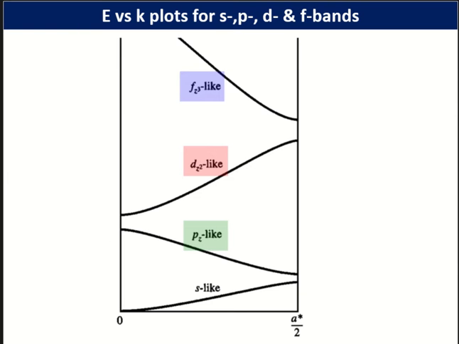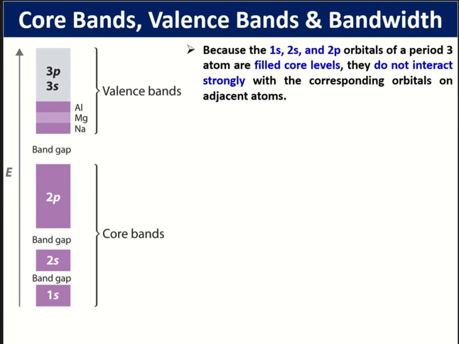So considering their interaction along the internuclear axis, that is how it is obtained. And then another point is that all these bands which are formed due to interaction with the valence shell orbitals, they are called valence bands. Then you can also have interaction of the core